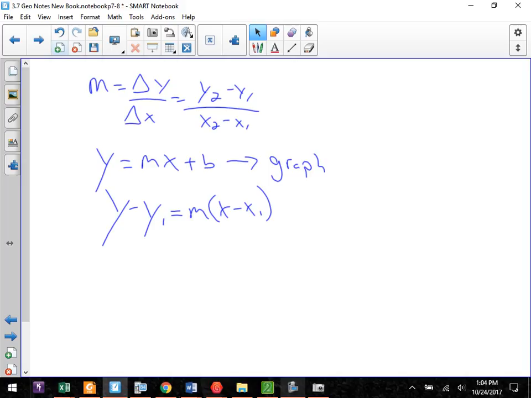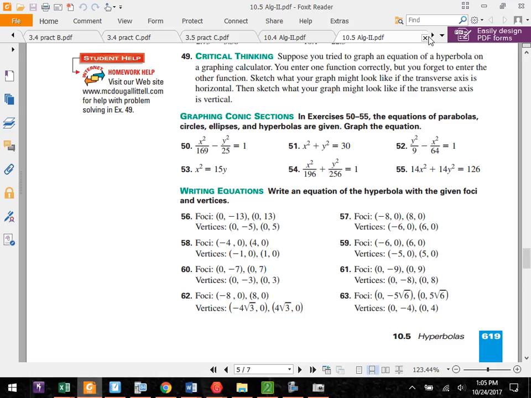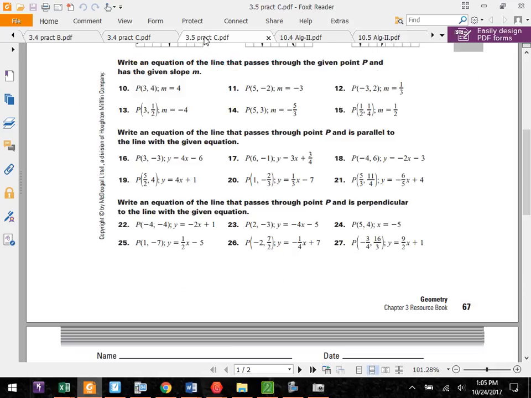Now, none of that changed over the course of the past basically 4 days, because last Wednesday, or Tuesday or Wednesday, one of those 2 days, we started this, and then Thursday, Friday, and yesterday we continued it. So we had a good solid 4 or 5 days of basically the exact same thing. Now, what happens here is that you have to make sure that when you're writing things out, you understand what you're looking at. For example, if I want to write the equation of a line,